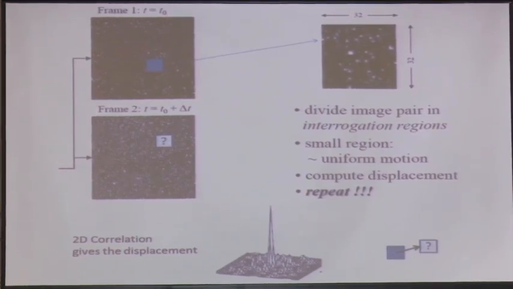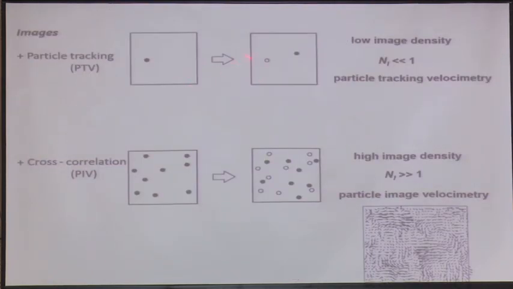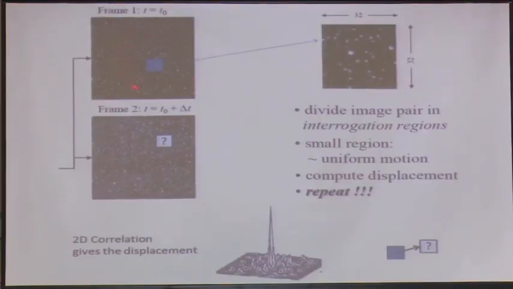Okay? So in terms of the concept, the idea is not very complex. You need to use this 2D correlation, but you can find it built in MATLAB. There's no problem. But the idea is completely different from PTV. PTV is really, let's say, natural in the sense that you want to look at the fluid flow based on the motion of individual particles. Here you want to look at the transport of a pattern, and you are trying to make pattern matching between that image and that image, and you do that for all the squares.